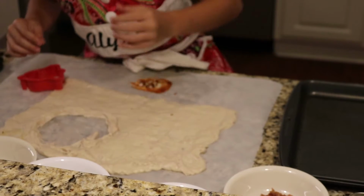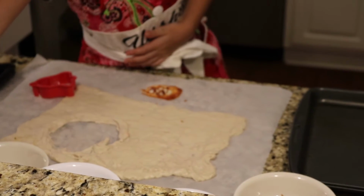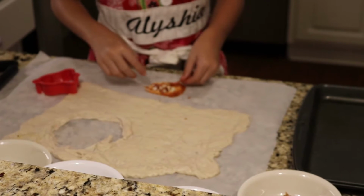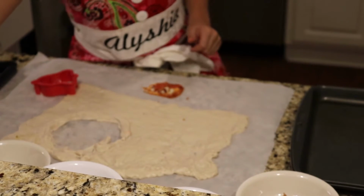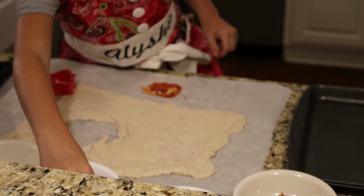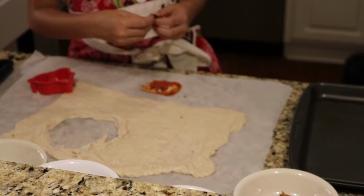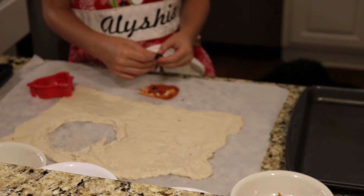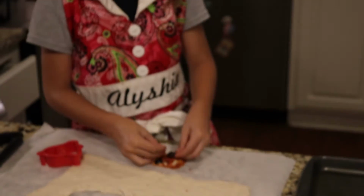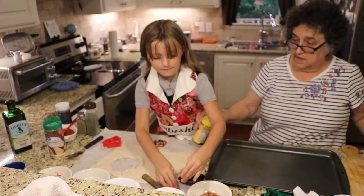A little bit of this. Bacon bits. Black olives. Pepperoni. I'm gonna have to squeeze those in, but that's okay. And olives. This isn't my pizza, this is my daddy's pizza. I do not like olives, so whenever you see me with olives, it's either my dad's pizza or...